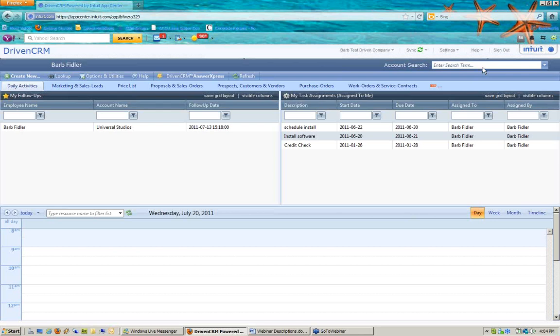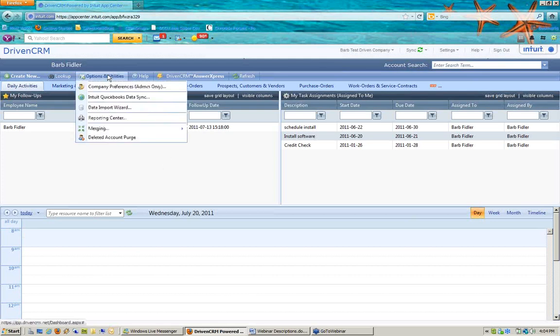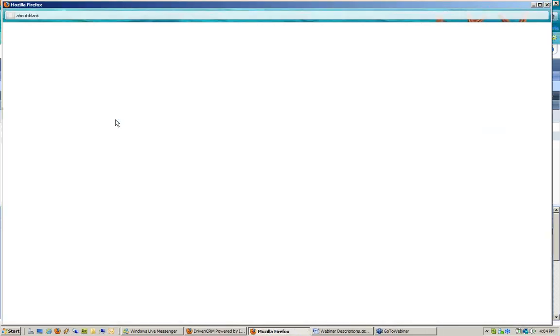Today we're going to be discussing creating basic reports within Driven, how to control access to them, and modifying and exporting them to Excel. One of the prerequisites for this is that in order to initially set up and create reports, you must be an administrator level person or someone who has access under the Options and Utilities menu to our reporting center. So first, as that prerequisite, let's talk about how roles affect reporting, because when we create a